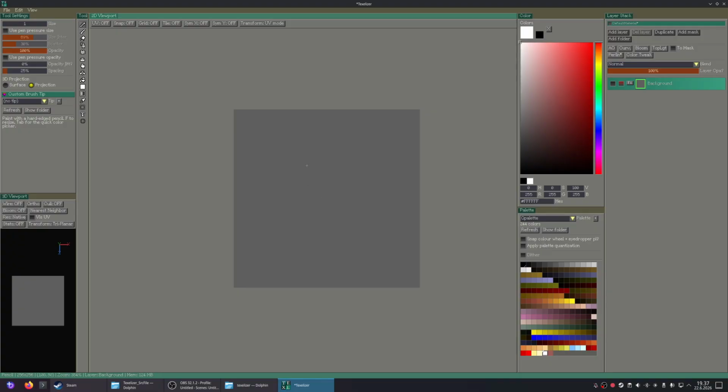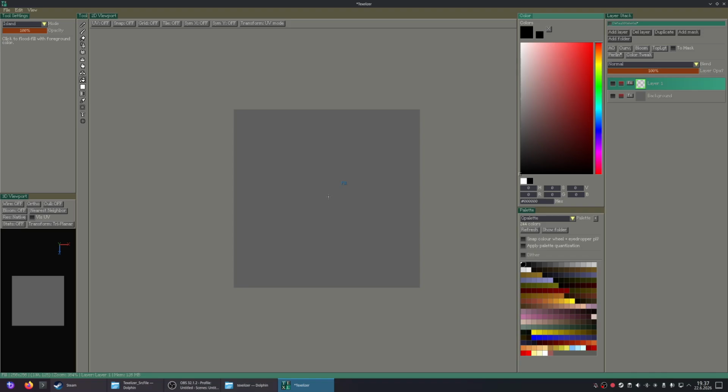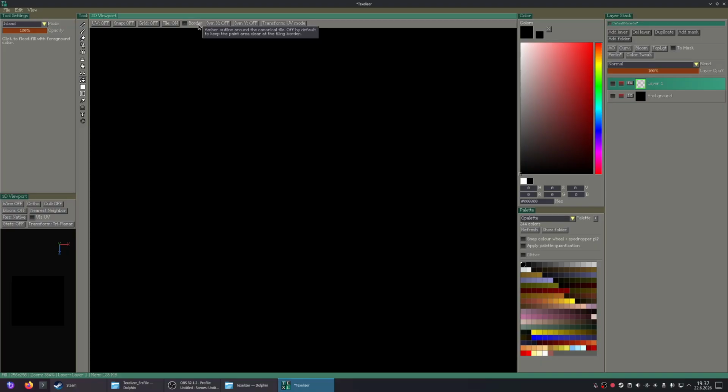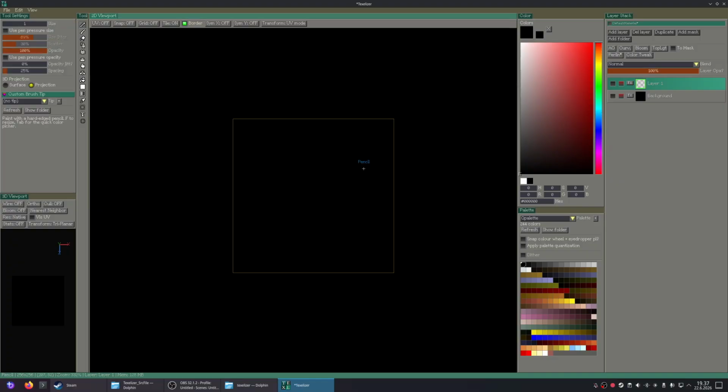So let's see how we can make a tiling texture. First of all, I actually want to color this black. Let's merge that down. That's the canonical tile border. Tone down some size jitter scatter. That's fine. And first we are actually going to make a brush tip